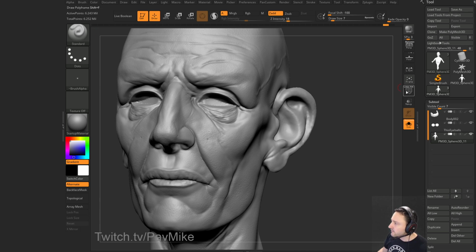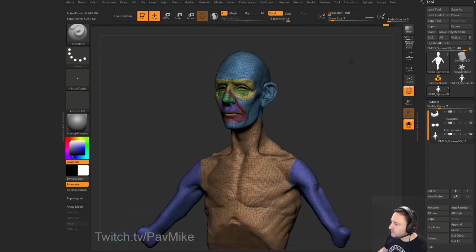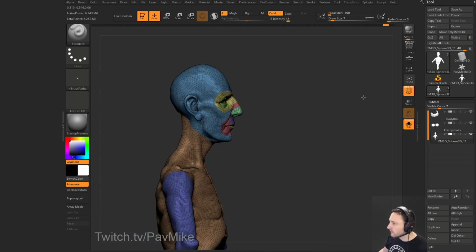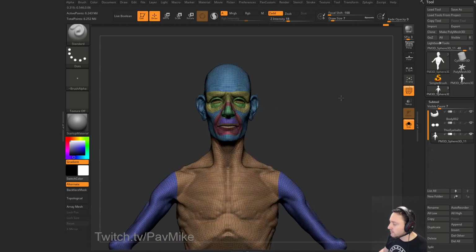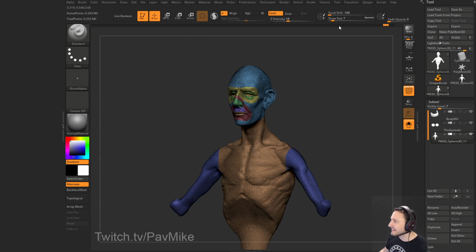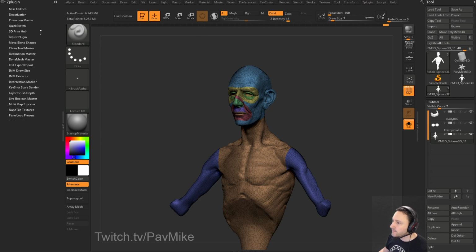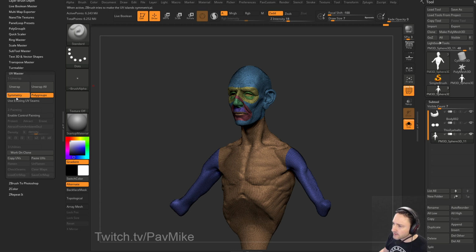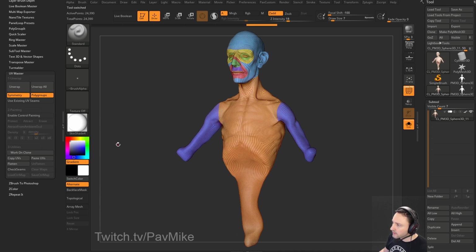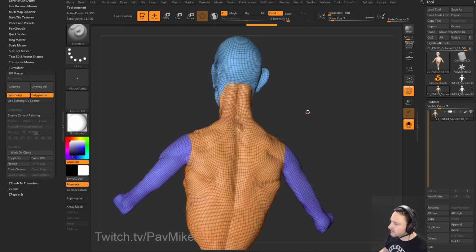So we'd already have this thing split up into polygroups here, although it may or may not be that useful for UVs, but we can switch that around, I think. So if we go in here to ZPlugin, we can actually use surface noise to get some of that skin detail as well. So we can go in here to UV Master, and we can say it is symmetrical. We do want to use our polygroups. We're going to work on clone, but in this case, yeah, let's go ahead and keep the arms chopped off